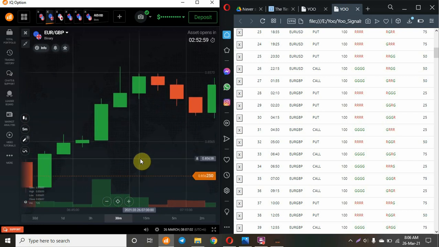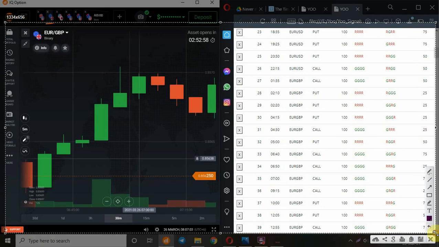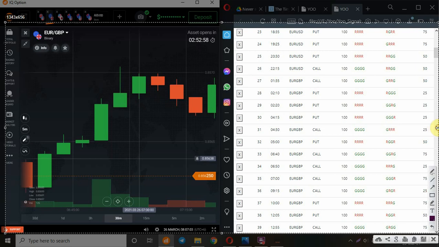So this is our 7 candle, right? 75% chance it has. So this is our 7 candle.